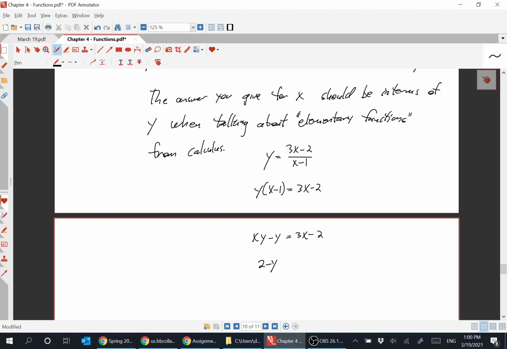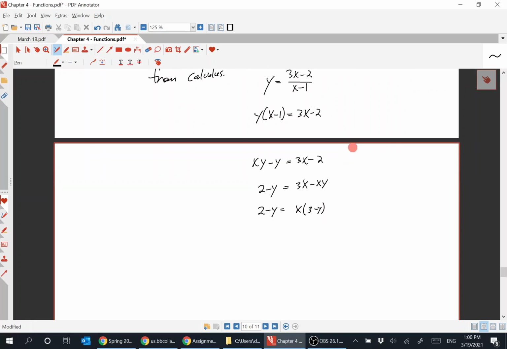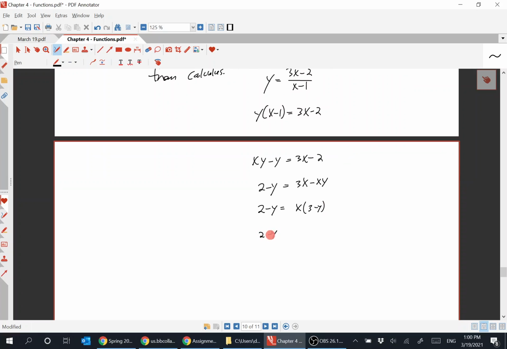So I have 2 minus y is equal to 3x minus xy. Factor out the x. So we have 2 minus y over 3 minus y is equal to x, which is an element